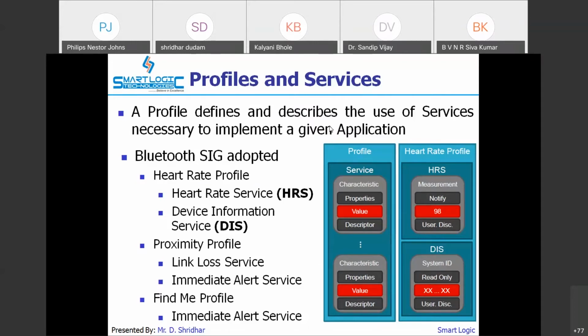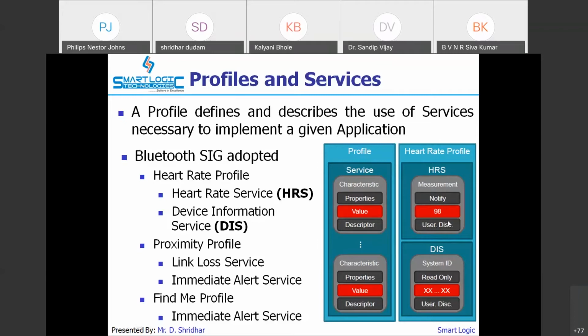Whenever you want to transmit data, you must use that protocol, or rather that data format, and then transmit the data. This is the way we can use it. For example, in the diagram I have shown the heart rate profile, that is HRS. They call it a measurement, and it is a type of notification, which is why it is written as notify.